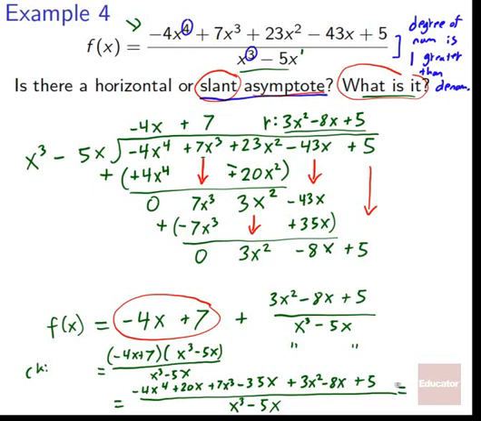We're starting to run out of space, so I'll do this vertically. So we have negative 4x to the 4th right here. So negative 4x to the 4th. Great, that checks out. Next x cubed, 7x cubed. We have no other x cubed, so plus 7x cubed. That checks out. 3x squared, any other x squareds? Oh, whoops, accidentally didn't write the squared. Negative 4x times negative 5x became positive 20x squared. So we've got positive 3x squared, positive 20x squared becomes plus 20x squared. Hey, that checks out. Minus 35x minus 8x, that becomes minus 43x. That checks out. And then plus 5,